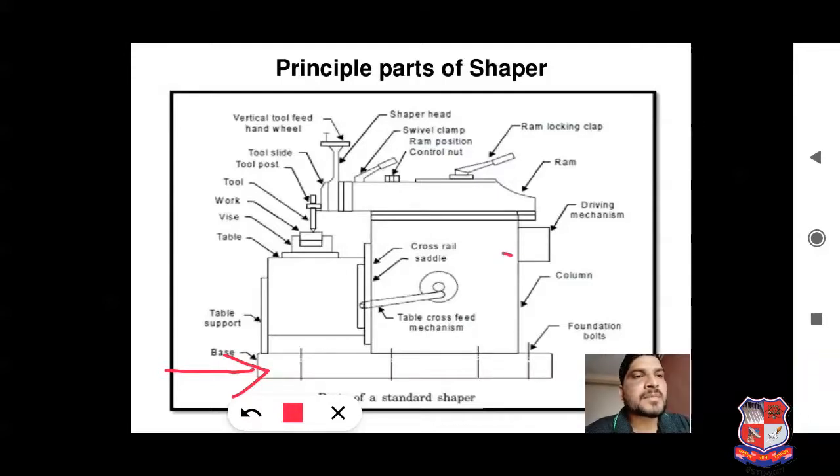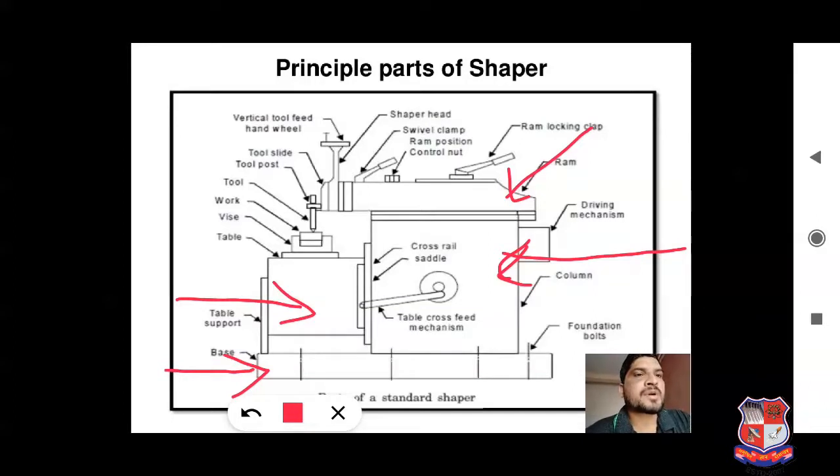Another part is the column. It is another hollow casting which can hold the ram on the upper face and the table on the side face.